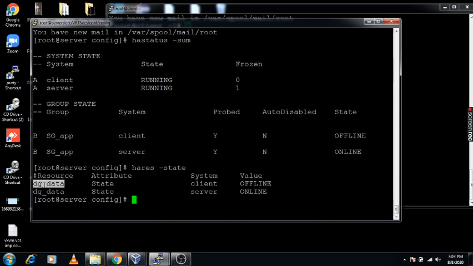Using this command, hacf -cf2cmd, that means we are converting the main.cf configuration file into commands, that is cf2cmd, followed by the full path of the main.cf file.